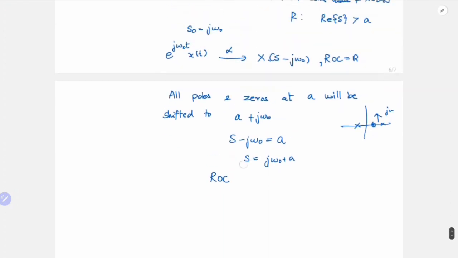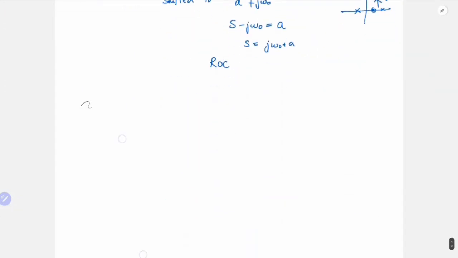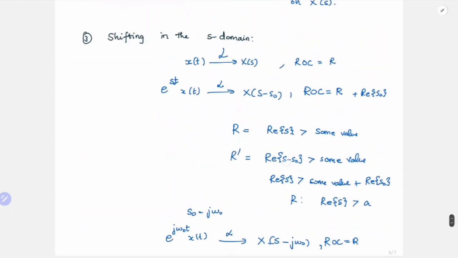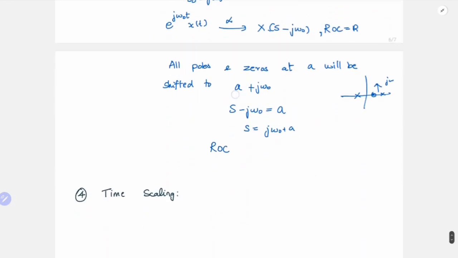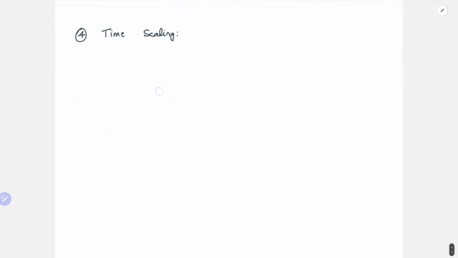So next let us see the time scaling property. This was property 3, so my fourth property is time scaling. Again, these derivations are straightforward from the Fourier transform. You can take this Laplace transform and inverse Laplace transform, and you can straight away apply this and you will get this. So time scaling: if x of t has Laplace transform x of s and region of convergence R, then x of at will be having